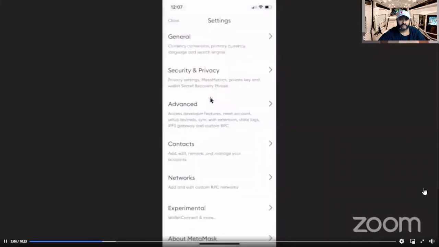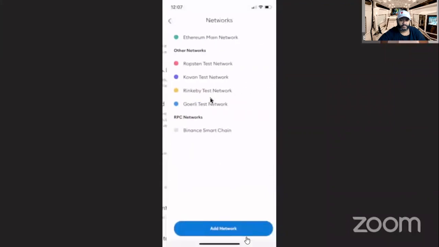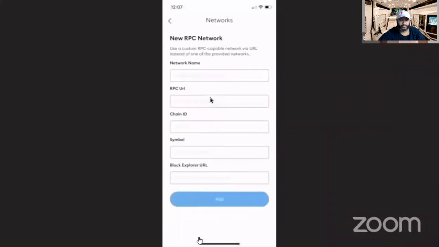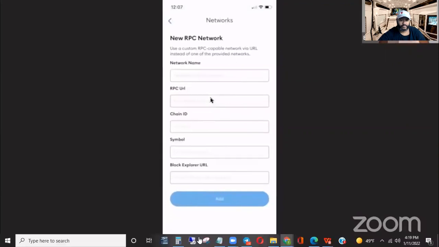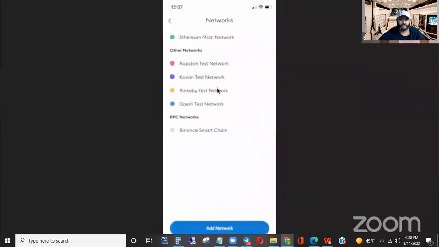They're going to go to Settings, then Networks, and add Network. And then you just fill in the information here. It's Binance Smart Chain, there's a link you have to post, chain 56, symbol BNB, and then a block explorer URL link too. I'll put those in the comments of this video too. So that's how you set up a Binance Smart Chain.